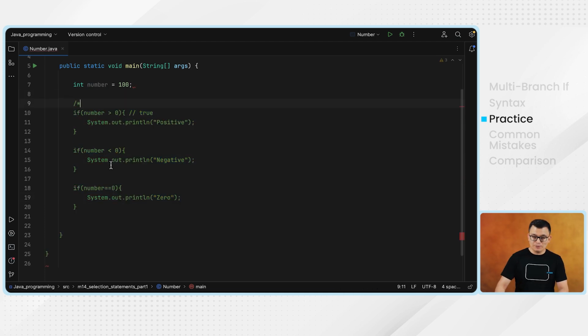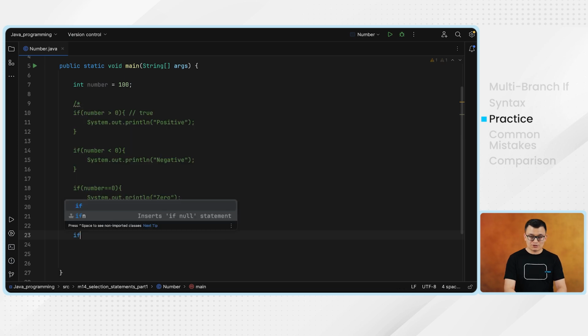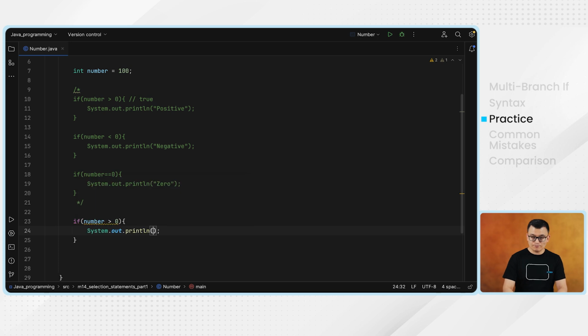So the better way would be by using the multi-branch if. I'm going to comment out the single if statement solution that we gave here, and then let me give you the multi-branch if solution. If I need to use the efficient way to create those 3 conditions for the 3 possible outputs, I should be using multi-branch if. So I will start with the if block first. Here's my if block. If the number is greater than 0, then the output should be positive. Okay. Else if,